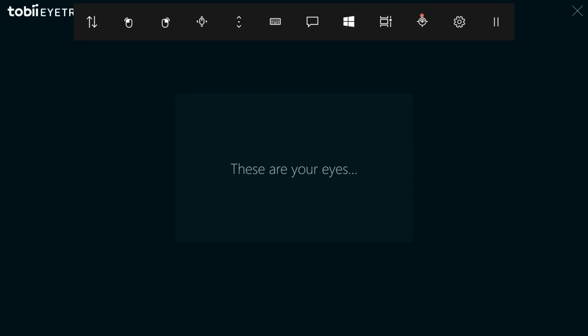What it does is it will open up the eye tracker device calibration, and then you can calibrate it from here. It shows where my eyes are. And then to calibrate it, I just need to look at the dot until it explodes.